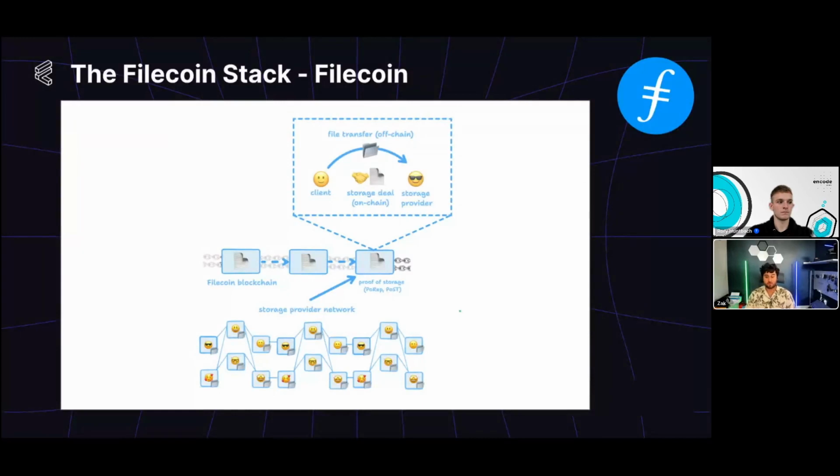So on the bottom here, you have the storage provider network. You can think of this as all the storage providers running the nodes, and they're keeping the Filecoin blockchain alive. This Filecoin blockchain is living in each of those nodes. Off-chain files, data, can be transferred to these storage providers, right? But on-chain, on the Filecoin blockchain, is where what are called storage deals live, and that's keeping this data that's living off-chain, giving it assurances that it is actually there and being stored,